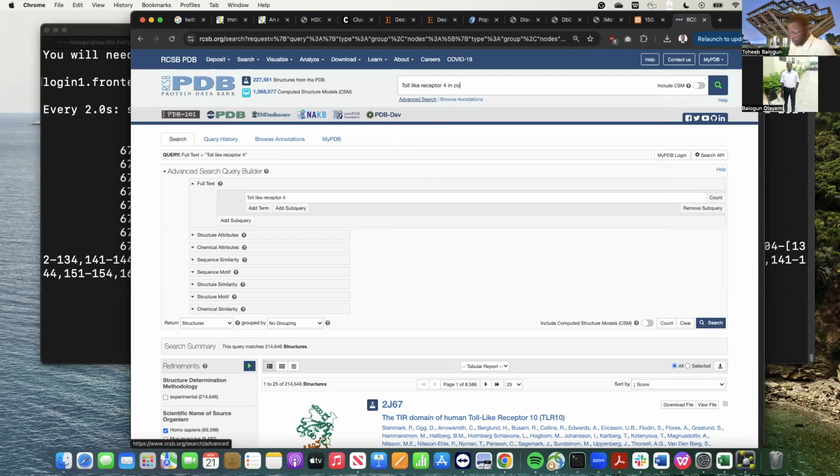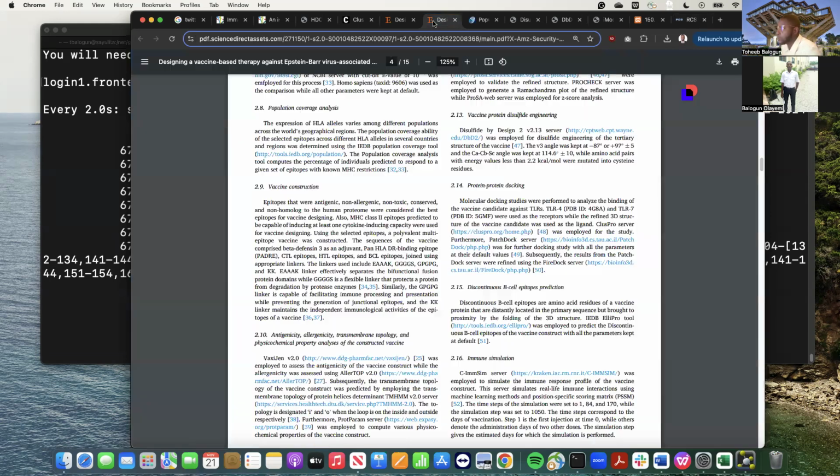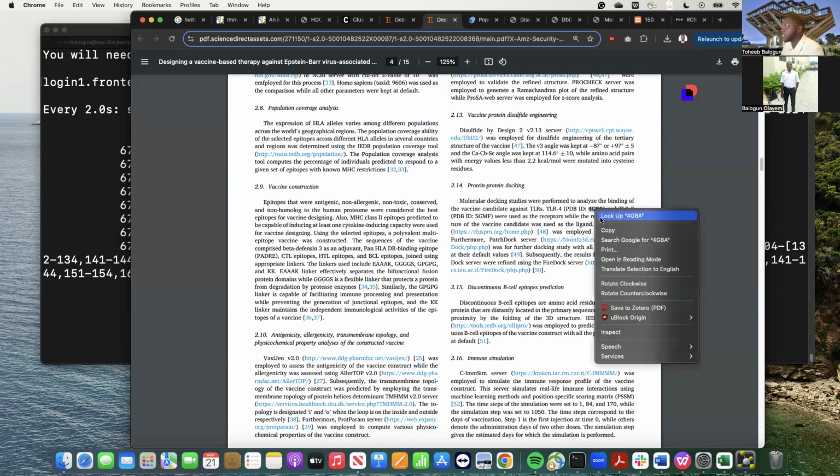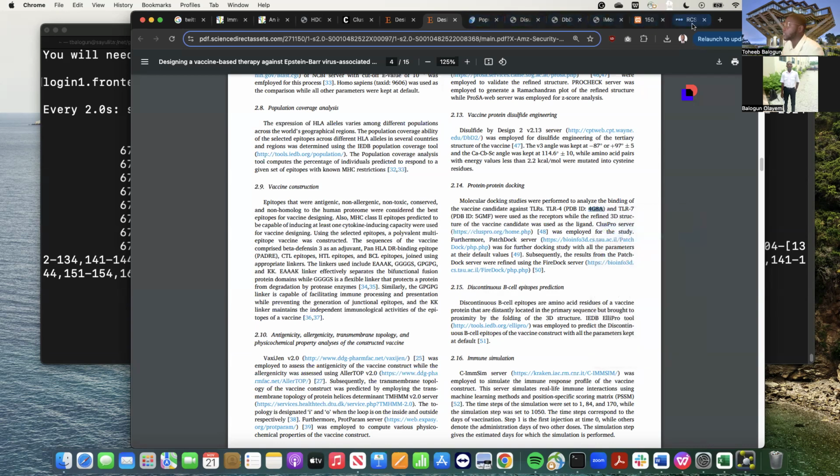I think Ziegler actually has one. He had one in his paper, the toll-like receptor 4 that he used. So each protein structure usually has its own PDB ID. Those PDB IDs are 4 alphanumerical characters. So if you copy this PDB ID and paste it on PDB,